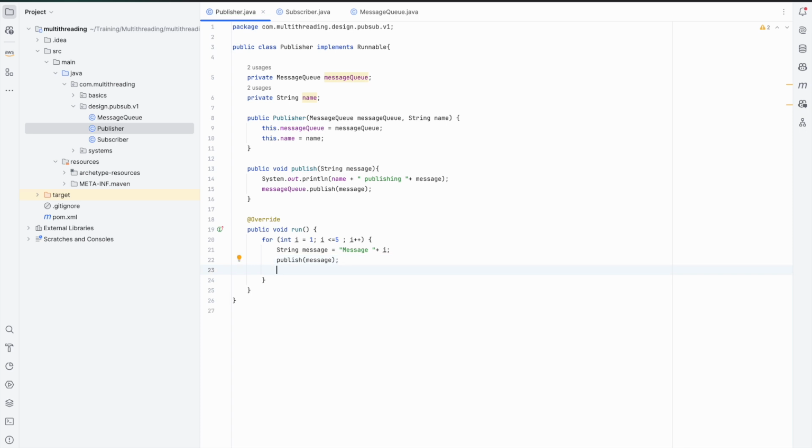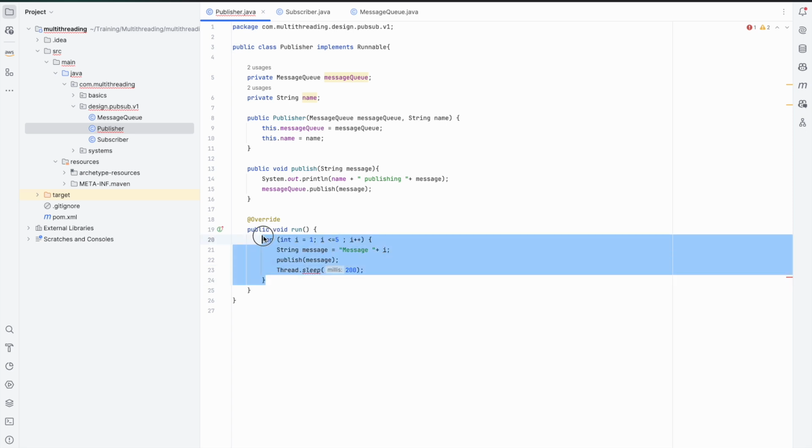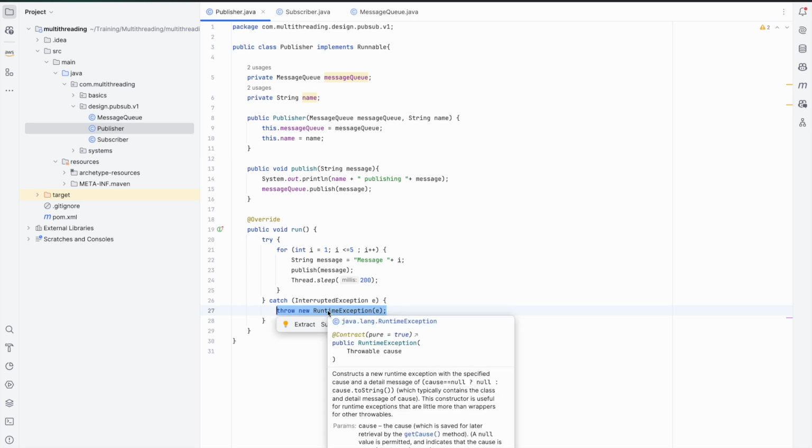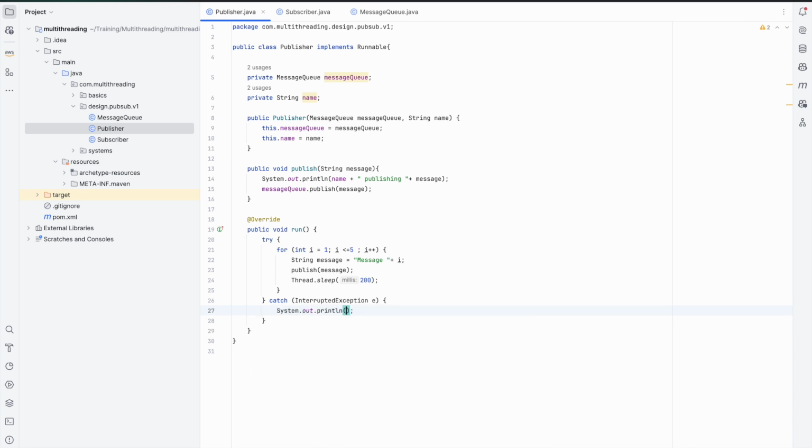Now while publishing continuously, to simulate the real behavior, what I can do is give a 200 milliseconds delay, if that sounds okay, right? Let's surround this with the try catch block, right? So what I can do here is print the exception